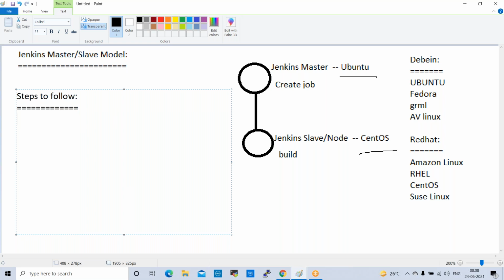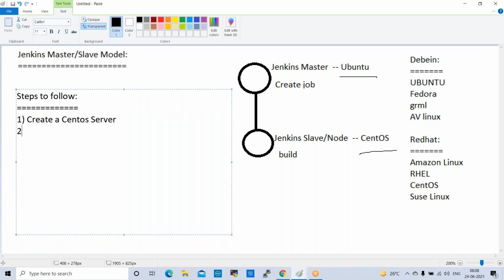Steps to follow. First one is create a slave server, a CentOS server.